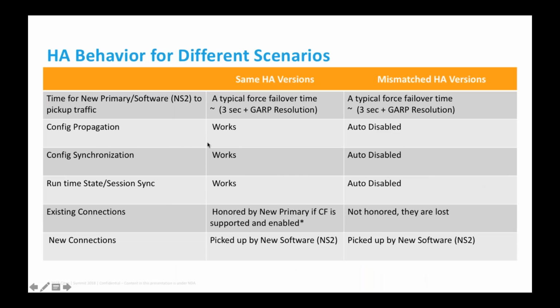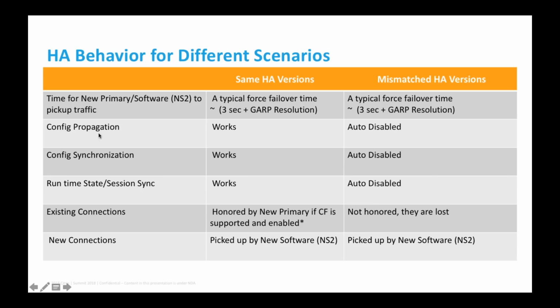So coming to the HA version, this is the HA behavior for different scenarios. We use an internal term called HA version to see if different software versions work in an HA pair. The HA versions can be different for different software versions. Whenever there is a major data structure change between two releases, the HA version changes between the builds. So this is a quick comparison of how NetScaler works when there is a same HA version and a different HA version. So when there is a same HA version, everything works fine